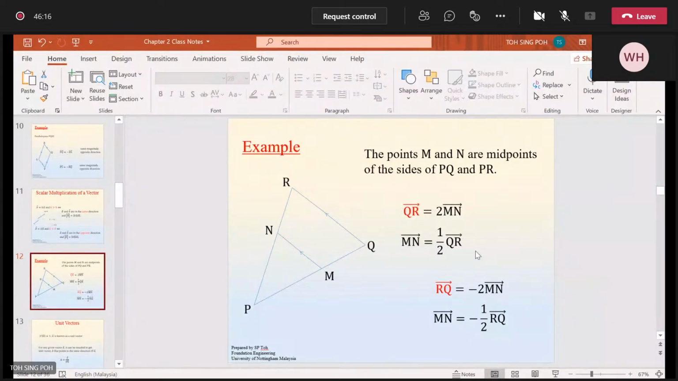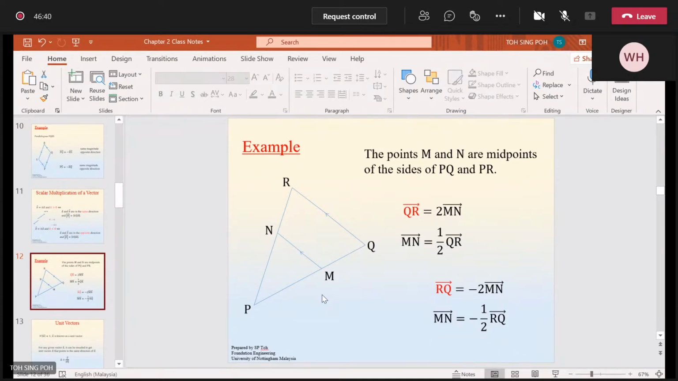Actually, you can follow your wish. So which one you want to put as a subject actually is okay, but you must understand it. What is the meaning of it? Like this one is 2 times, but this one is half only. Okay, and